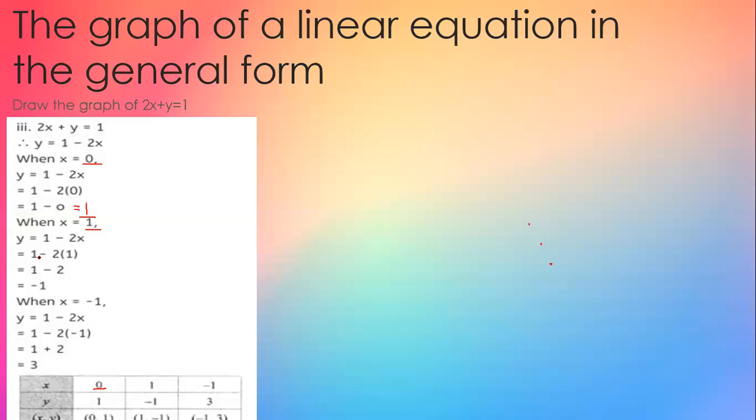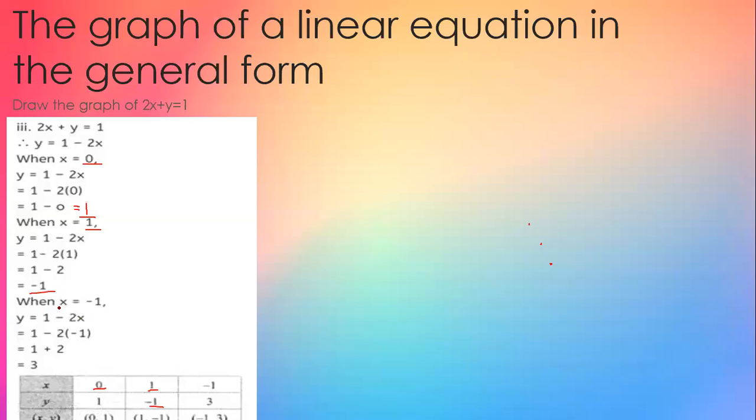Now let us solve this. 1 copy as it is, minus 2 bracket 1 means you need to multiply this both. So 2 ones is 2. 1 minus 2, the answer will be negative 1, that is minus 1. So when you are assuming the value of x as 1, we got the value of y as minus 1. The same values we are going to write over here, 1 and minus 1. Here if you will see, I have written x, here I have written y, and at the bottom I have written x comma y, means x coordinate and y coordinate.